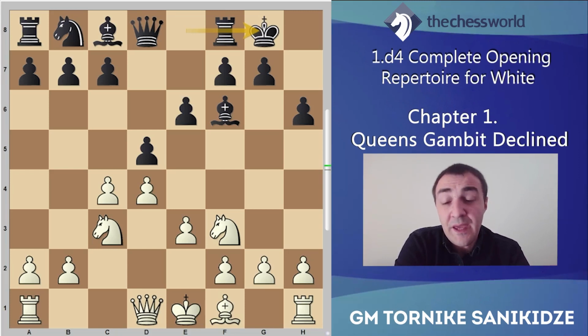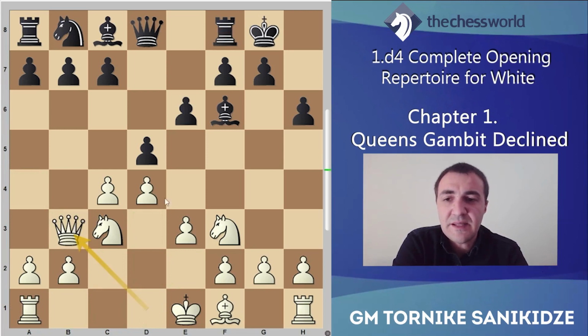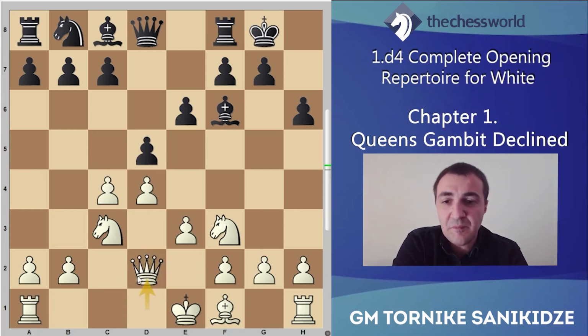So here white has many variations like rook c1, queen c2, queen b3, c takes d5, and many lines, but I liked and I played queen d2. So here what is unusual